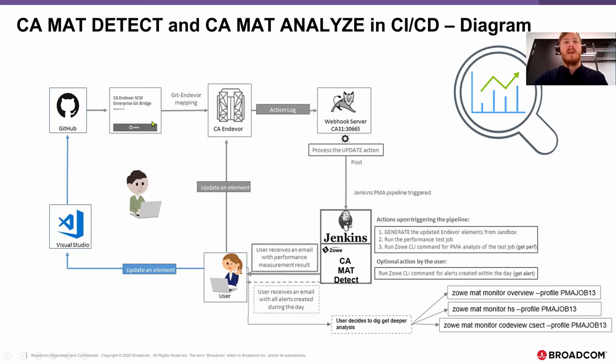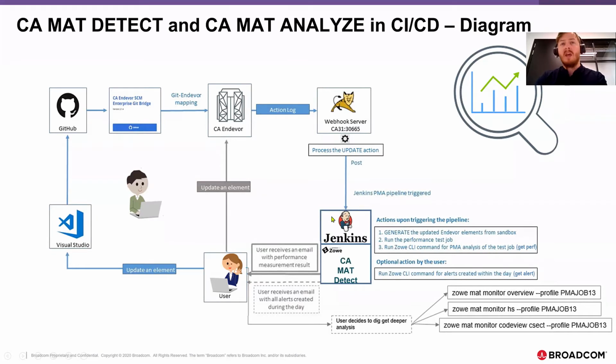the GitHub to the backend to the Endeavor will be propagated through integration with CA Endeavor Source Code Manager throughout the Enterprise Git Bridge solution. On the Endeavor, when the change appears in the source code manager, we have a webhook server listening to the update action, but it can be any action in place. It can be staging from dev to the QA environment, but in our case, it's the update action, which triggers our